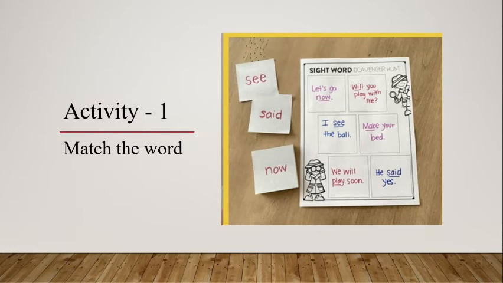Here there are sentences written, but you can write only the sight words. Let the child first read and review each sight word written on the paper. Now you can either use flashcards with matching words, or you can write down the matching words on small paper cards or sticky notes. Ask the child to pick one card and read it aloud. Then they will go ahead and match the card with the sight word on the paper and put the card right over that box. In this way, they can match each of the cards one by one.